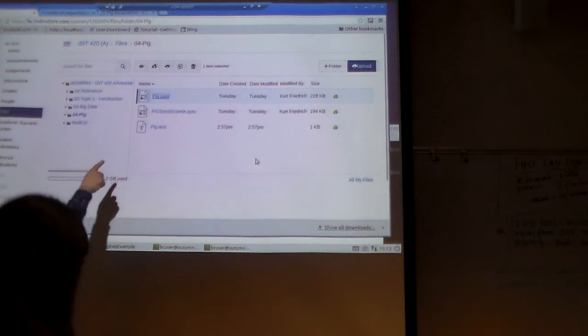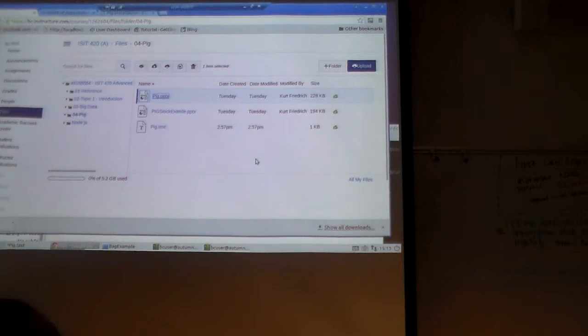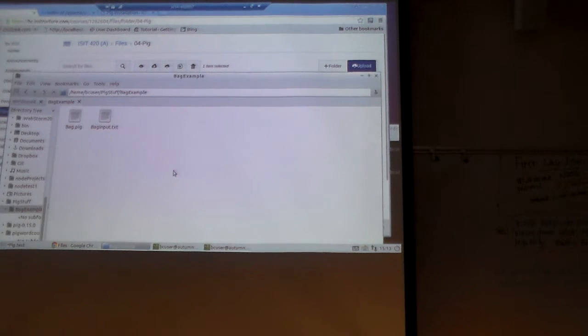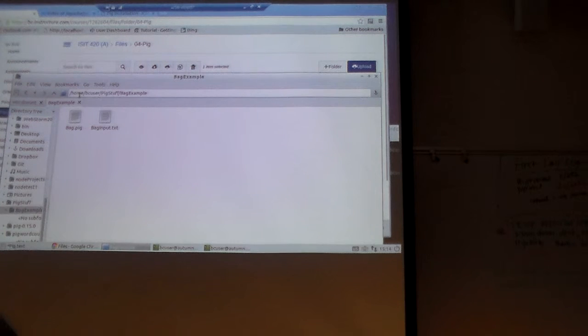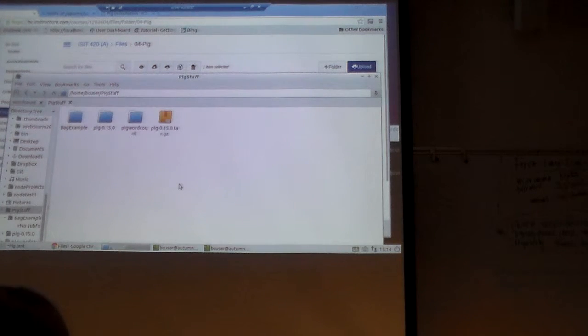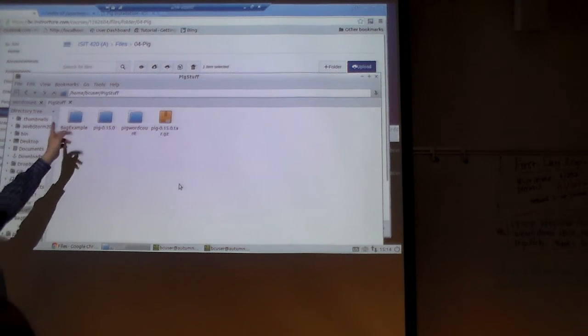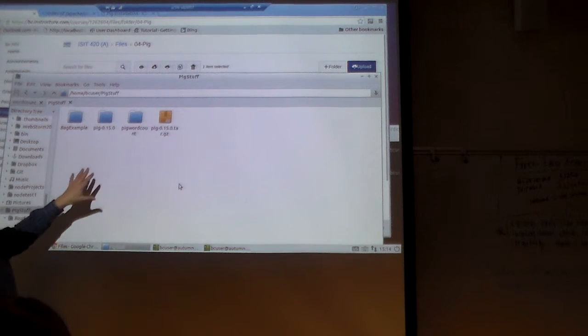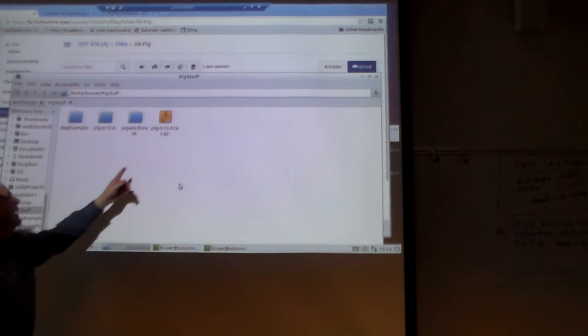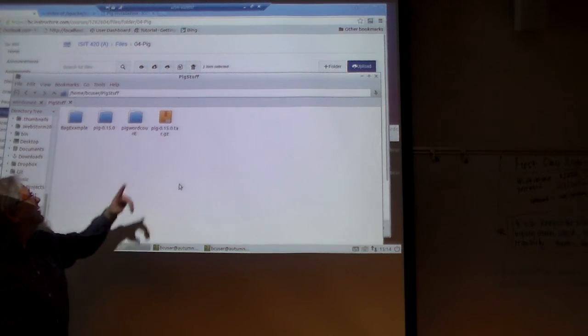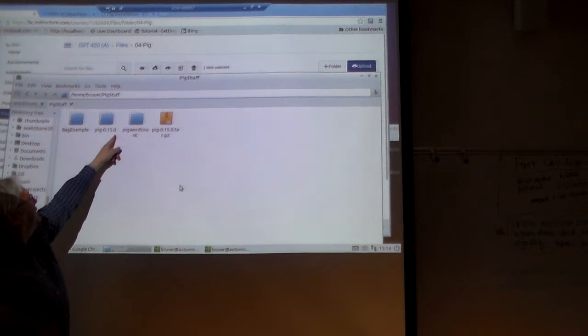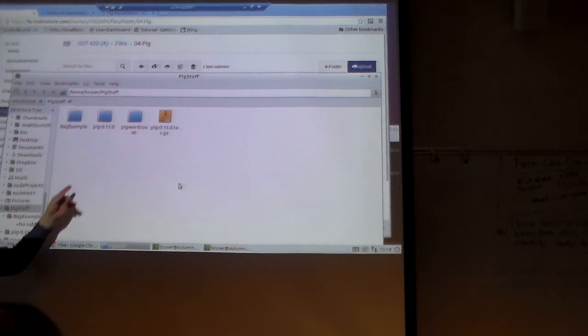So download this, and where I put mine, because I don't know Unix well enough to know that I committed a mortal sin, I put mine in a new folder right in my top level directory, home BC user. I created a folder called pig stuff. I dragged this tar into there, extracted it right here, so now it says pig.050. And now what I'll do is